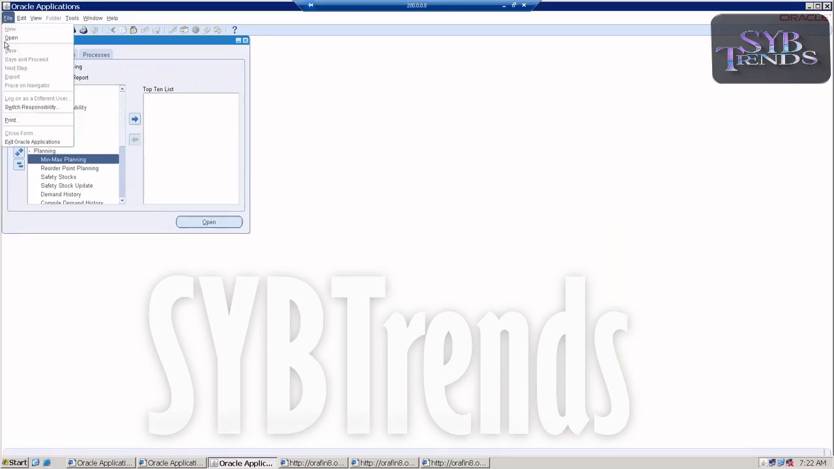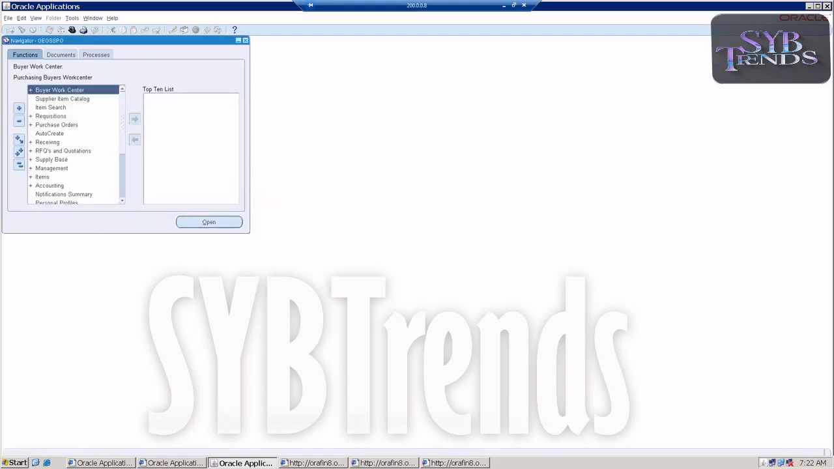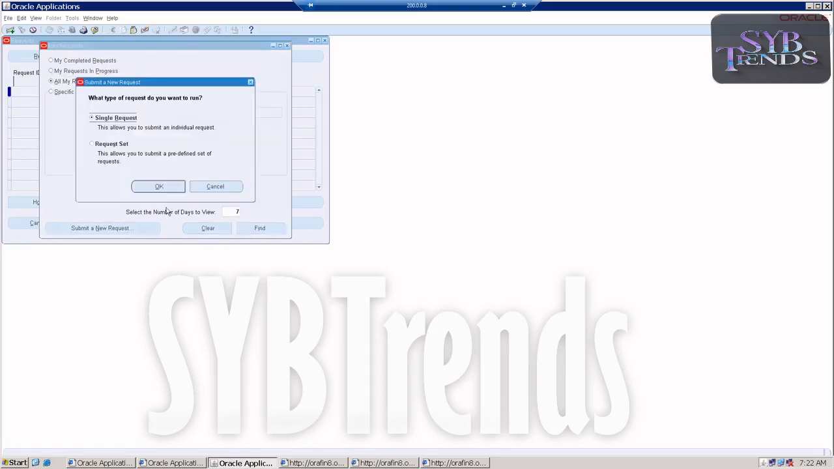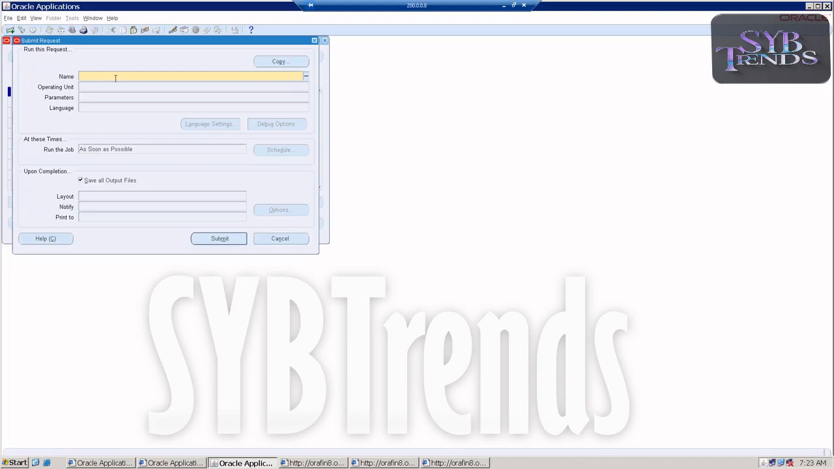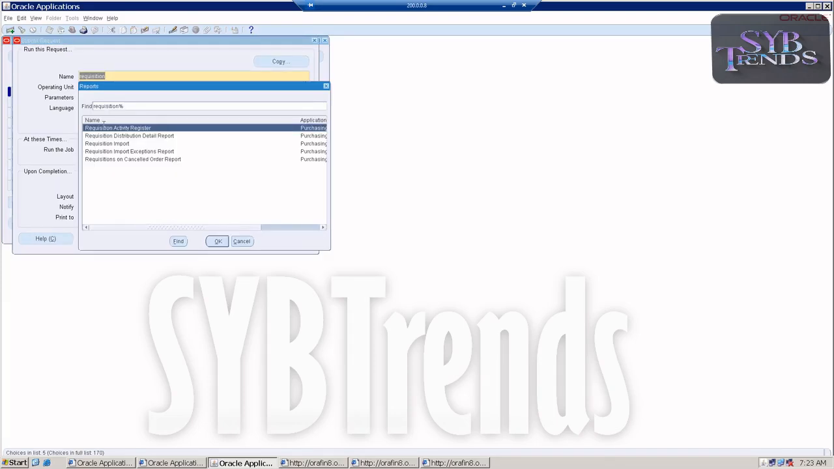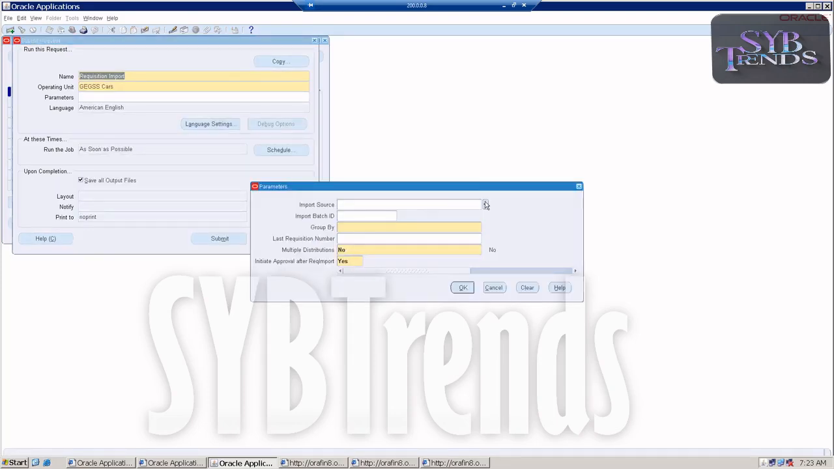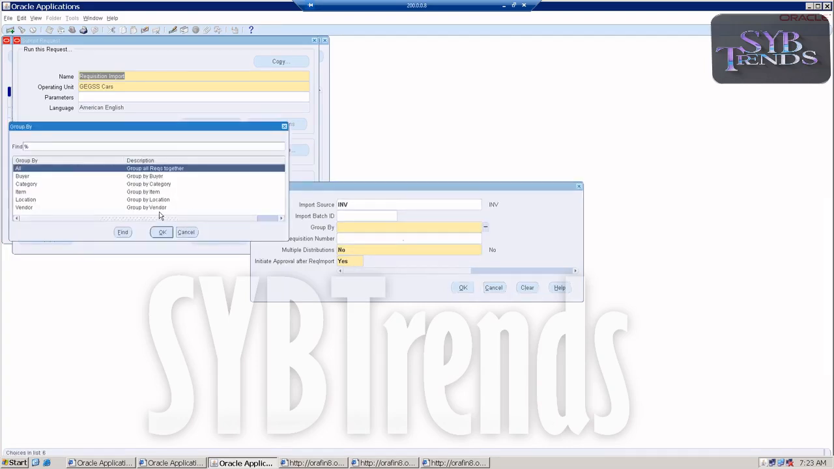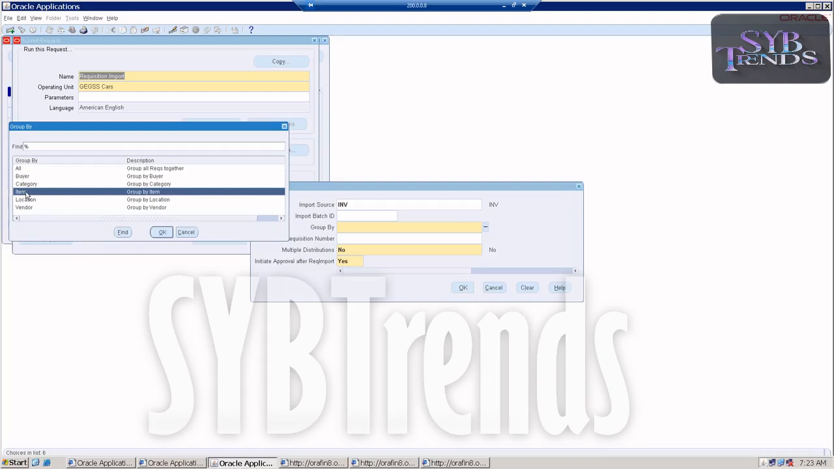Then switch to purchasing. And here you run your requisition import program. Import source, group by item,